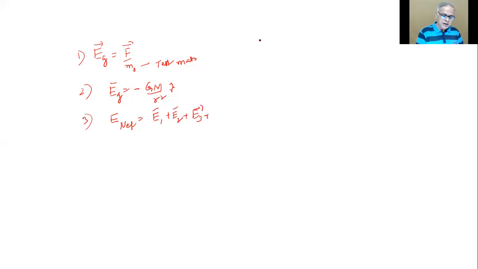And then we went for finding out the E of continuous mass distributions, which we said will be calculated like this. We'll calculate dE due to one small element, which is like a point mass, so that I can use this formula for E_G and then integrate for the whole thing. In doing so, we did one of the examples. What was that? For an extended object like a rod like this, what is the gravitational field strength at some distance L? That's where I think we stopped, right?